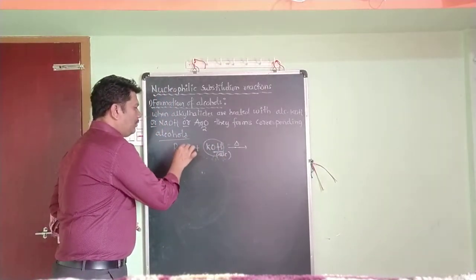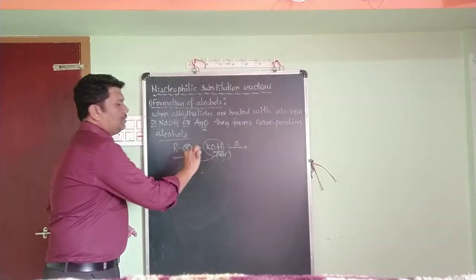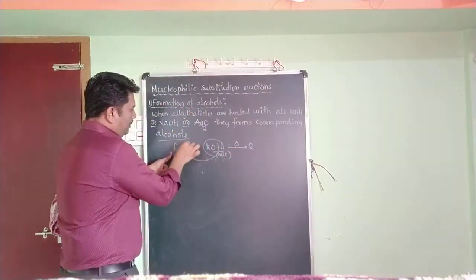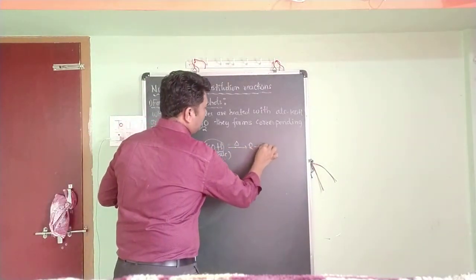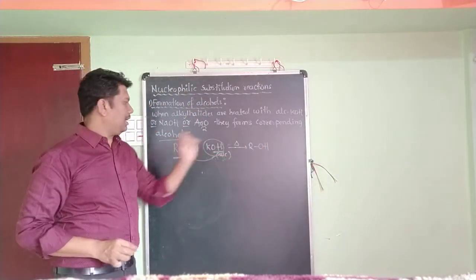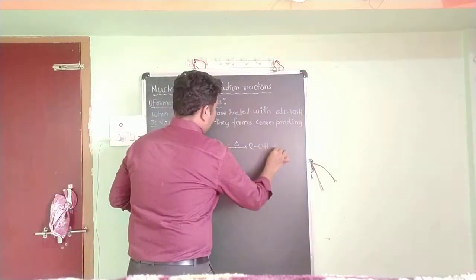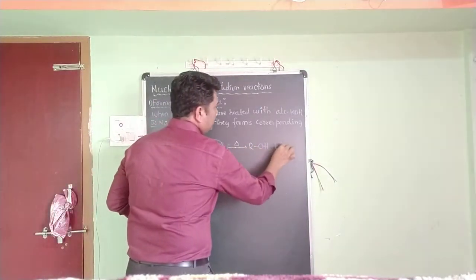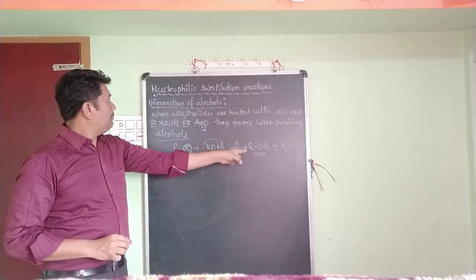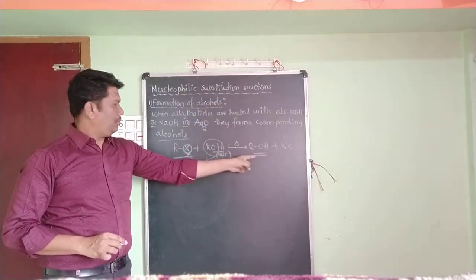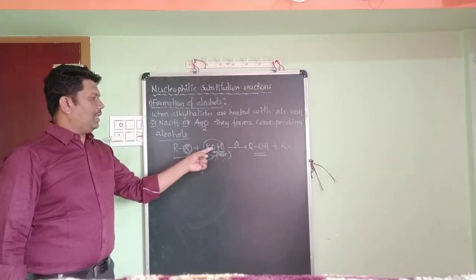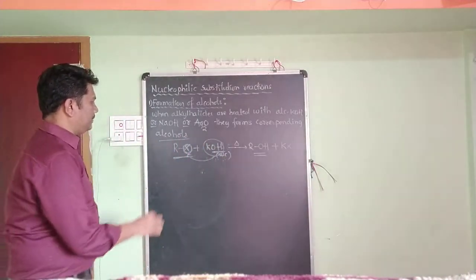And this weak nucleophile is substituted by strong nucleophile. See how it is. R, in place of X, it will become OH. ROH. So it becomes alcohol. ROH means it's an alcohol. Then what about the remaining? This is K and this is X. KX. So formation of alcohol is an example of nucleophilic substitution reaction, because the existing weak nucleophile is substituted by strong nucleophile, that is OH.